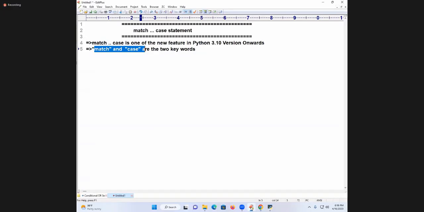Okay, students, let's go back. Match and case are the two keywords. What is the use of this match case? When should I go for it? Actually, they designed this match case for the purpose of, now I am writing, the purpose of match case statement